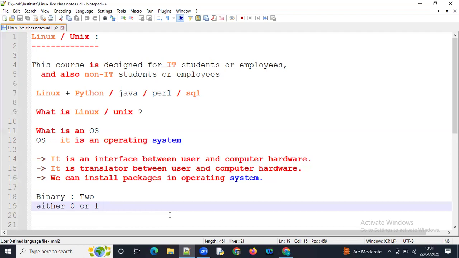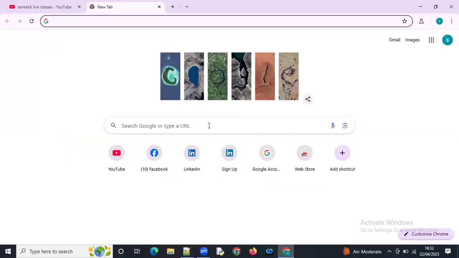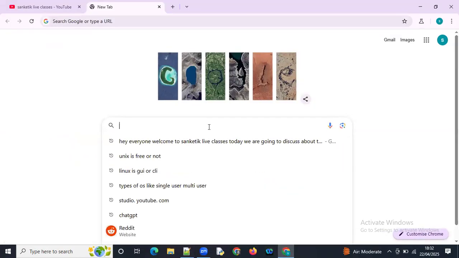But what is the necessity of these number systems? If you want to convert one form of input into another form, they make it easy to convert. So here I will show you how they convert text into binary numbers.